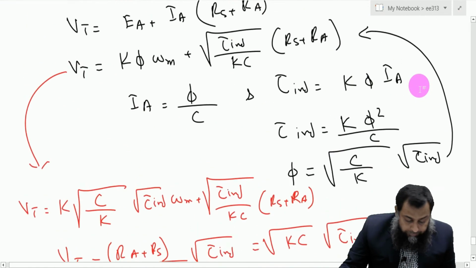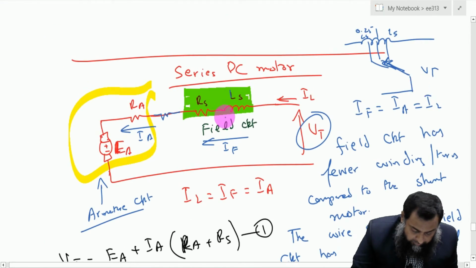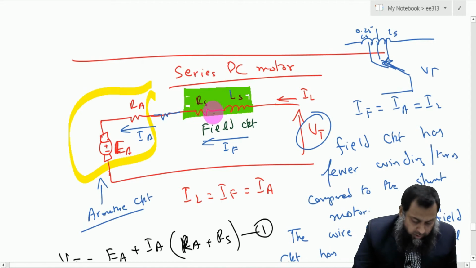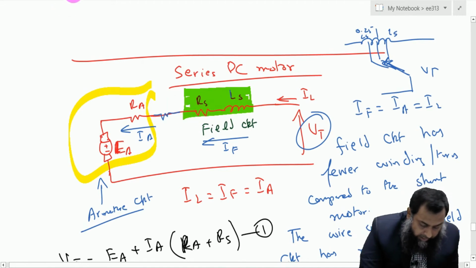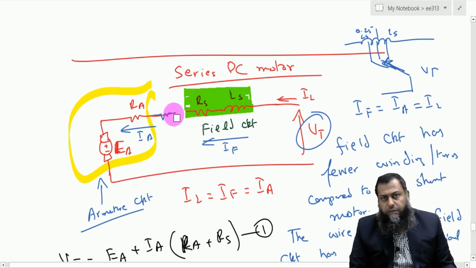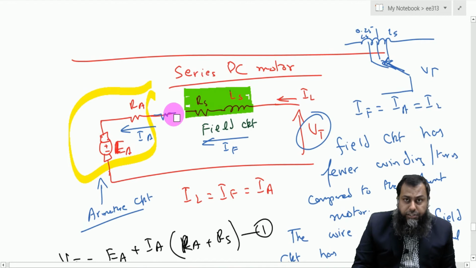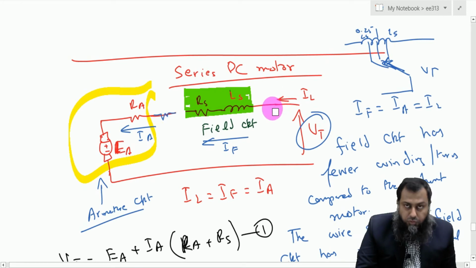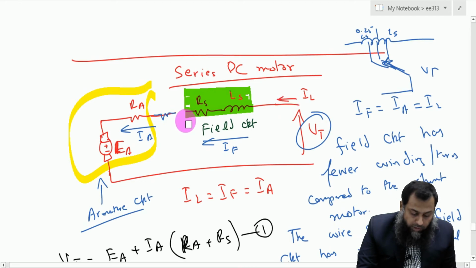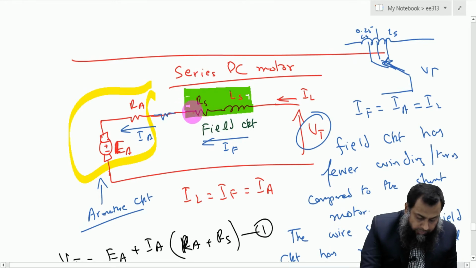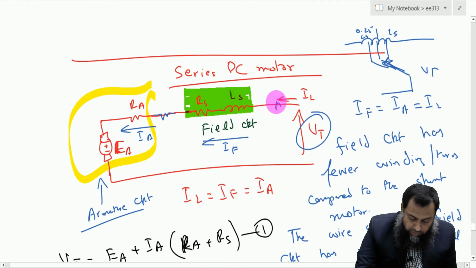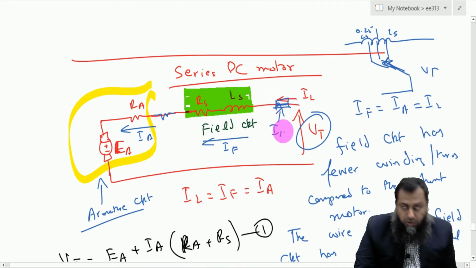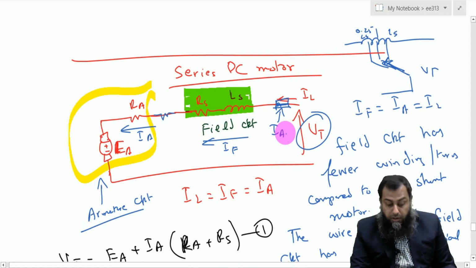Other than that, we have discussed what happens if we have a disconnection in the field winding. The motor is absolutely safe. If there is a disconnection here, it will disconnect the armature circuit as well, and therefore the motor will stop. So there is no requirement, as we have seen in the shunt motor, to have a fuse to safeguard against an accidental disconnection of the field winding from the rest of the circuit. Here we do not require it. However, we always like to have some fuse here. That fuse is to prevent the motor going beyond the rated armature current of its winding.